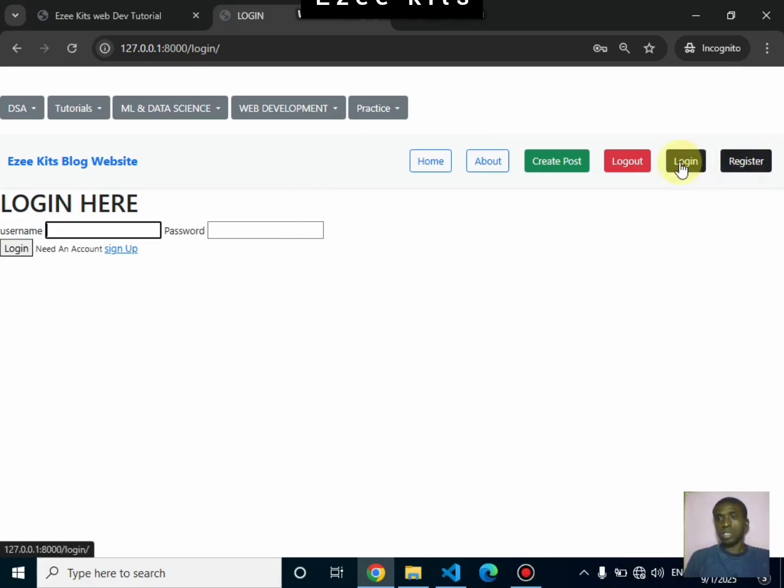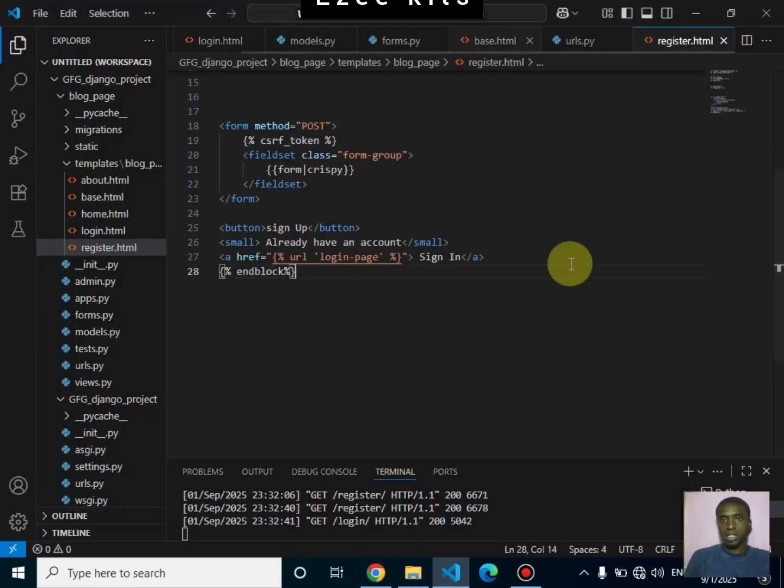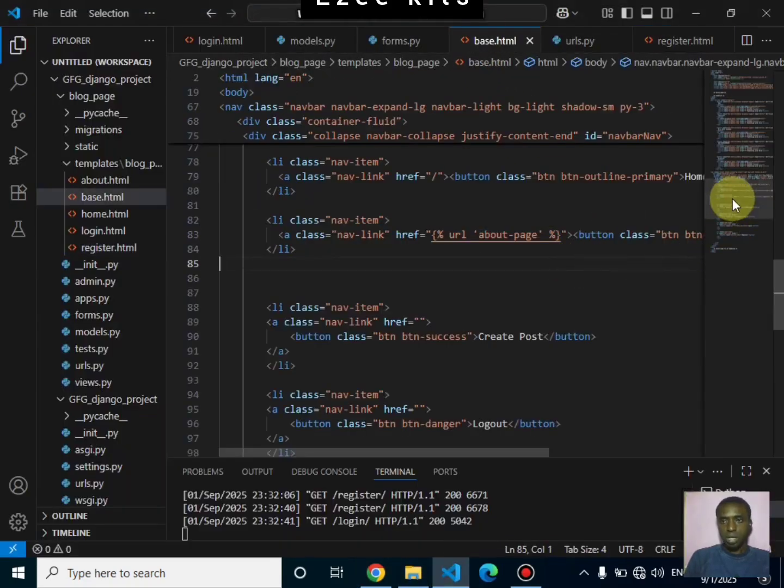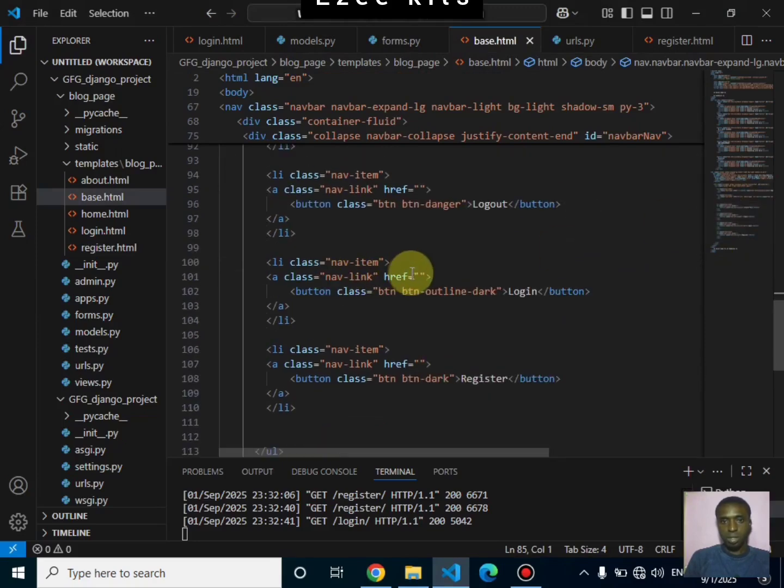Somebody clicks on this login and that of the register. What do we want to actually have? We want to go to that of the login. I want to go to that of the register. Now, okay, this is actually not a base.html. So let's go down, which is that of the login. Here is going to login